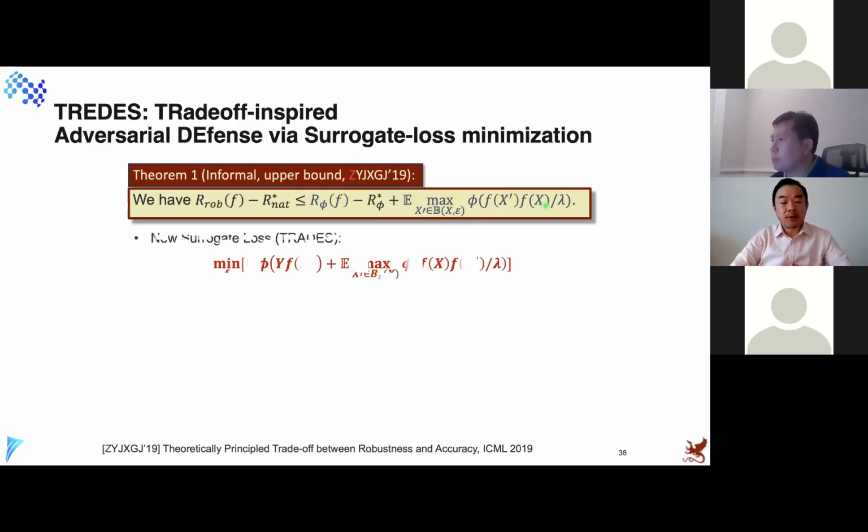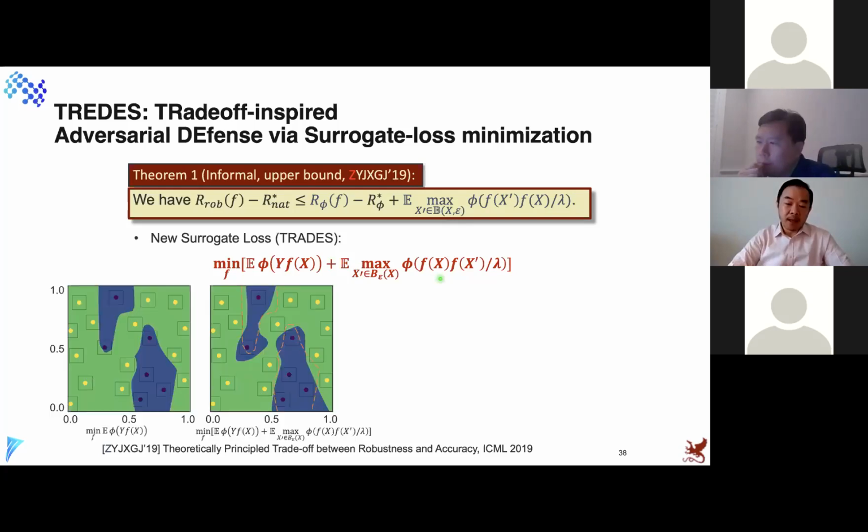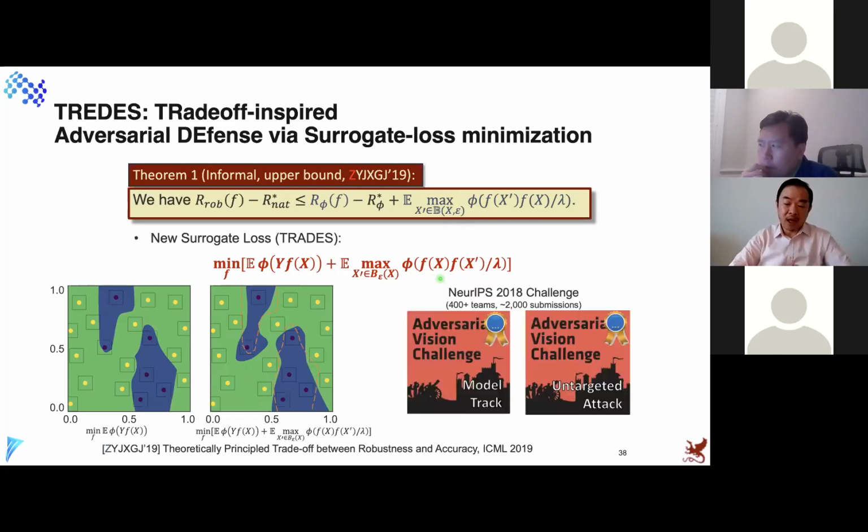And that leads to a new surrogate loss function where you are simultaneously minimizing both the natural loss and also an interacting term that consumes the boundary loss. Right? So this particular analysis leads to a pretty good collection of solutions that allow us to win a neural-based competition of adversarial challenges. But our technique developed then was only applying to a very small family of,